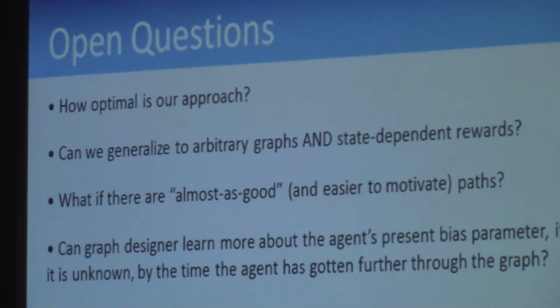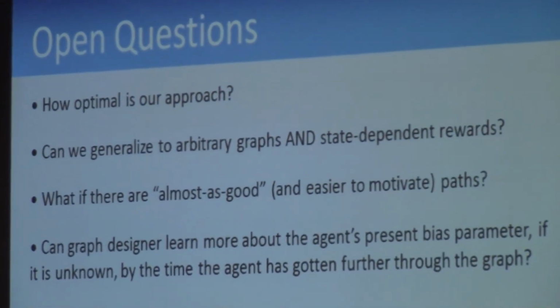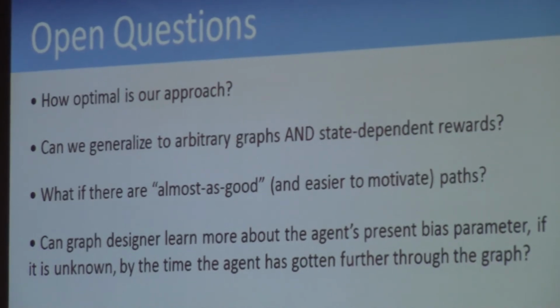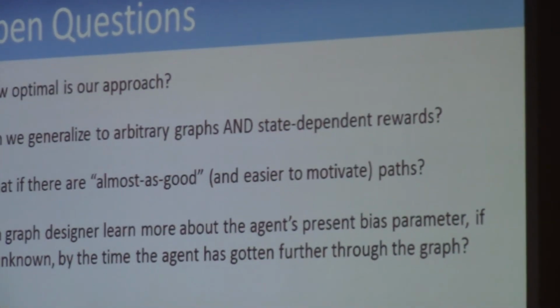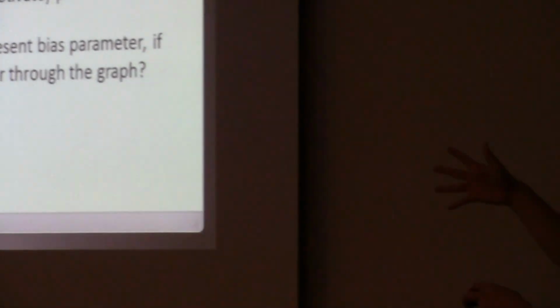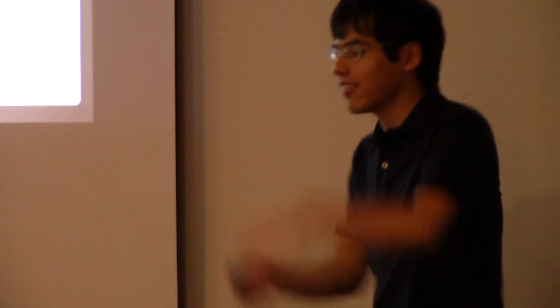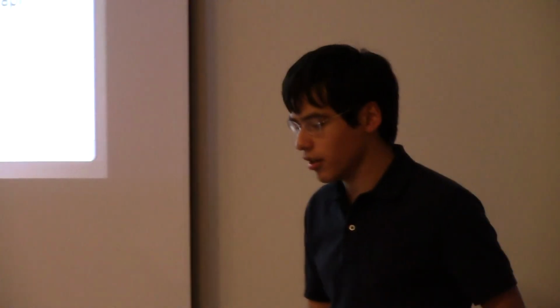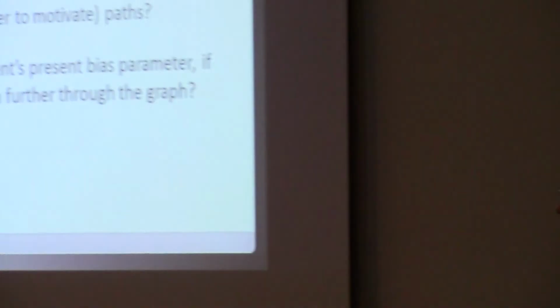Finally, in the simple model I presented of varying levels of present bias, I said, okay, well, you just don't know. You have some belief about the agent's present bias. Maybe you can actually learn more about the agent's present bias by virtue of the fact that the agent got this far. It must not have had this high a present bias parameter. By virtue of the fact that the agent didn't switch away and grab my decoy, it must have had this low a present bias parameter. And so if you have a graph with lots of forks, you might be able to learn as the agent goes throughout the graph. It's an interesting question. So the point is, there's a lot.